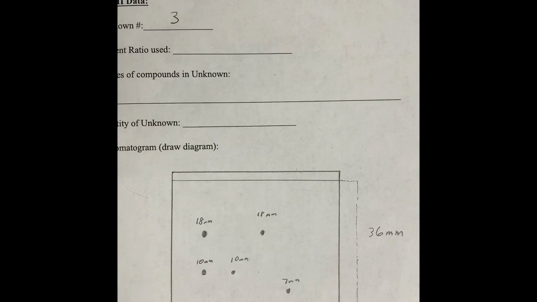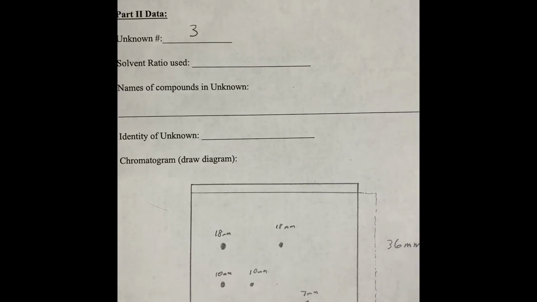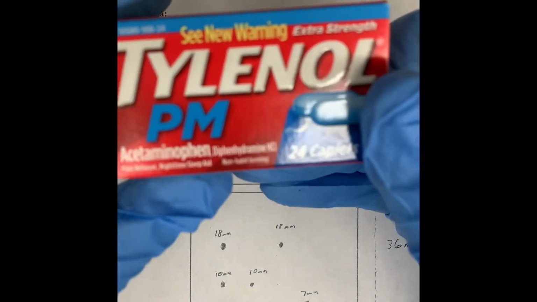And so next to the unknown number 3 lane, we ran acetaminophen. Then the next lane, we ran acetylsalicylic acid. Then we ran caffeine, and finally diphenhydramine hydrochloride. And so what you want to do is name the 3 compounds that were contained in this unknown, and then determine the actual commercial drug. And so the 3 options we have are Tylenol PM,